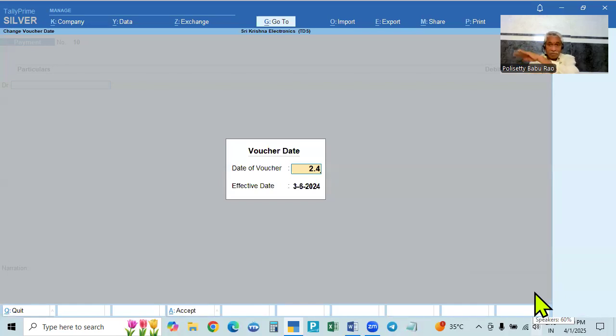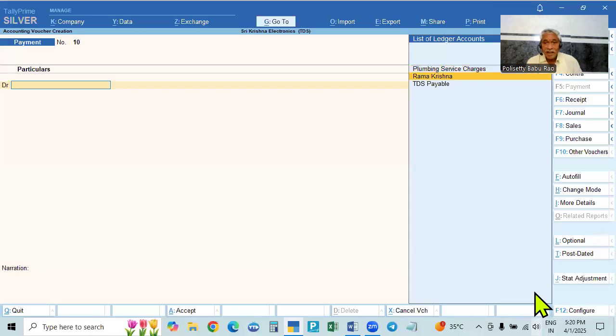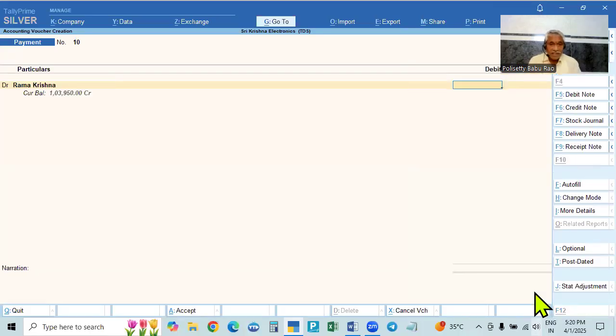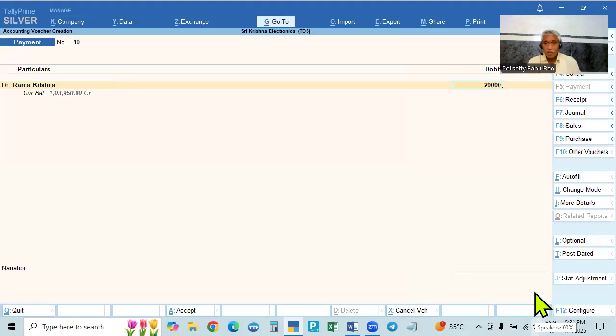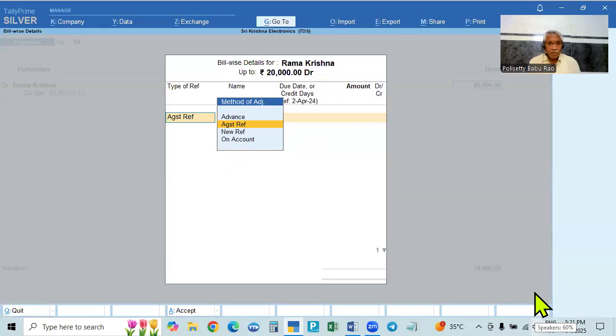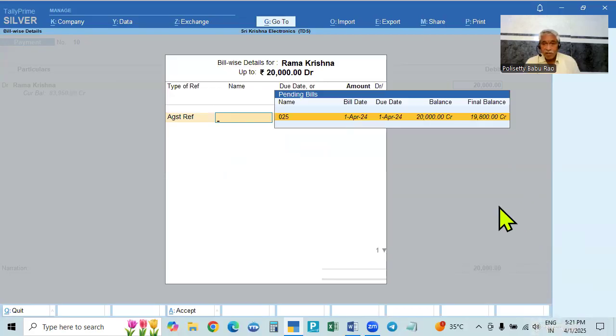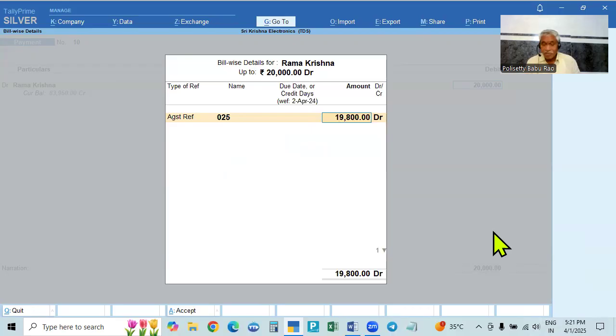But until paid to the government, it will not be paid to the party; the party will get the balance. Now nothing is deducted. So to whom did we pay? Ramakrishna. The first bill is 20,000 rupees. So 20,000 rupees, not deducting anything. 20,000 rupees are being paid against reference 25,000. It is showing as 19,800. But is this 20,000?